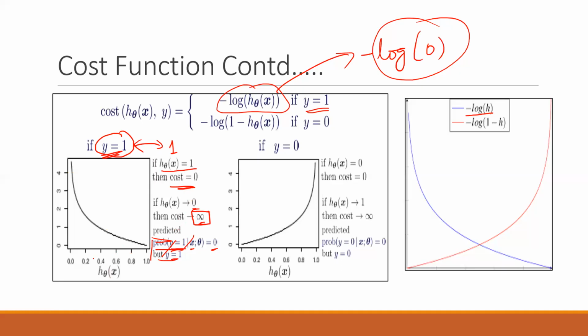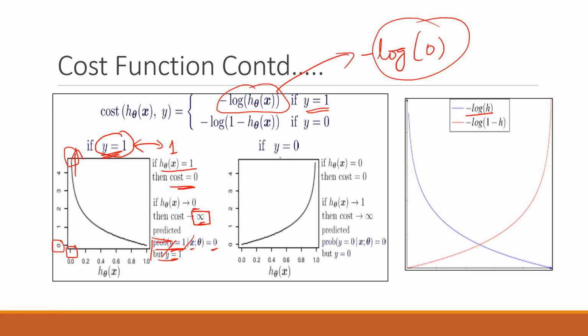So you can see that h of theta is my prediction, right? And if my prediction is 1, my cost function is lowest. And if my prediction is 0, my cost function is infinite, highest, right? So this is going like this, and it is kind of infinite because it is undefined in our case.